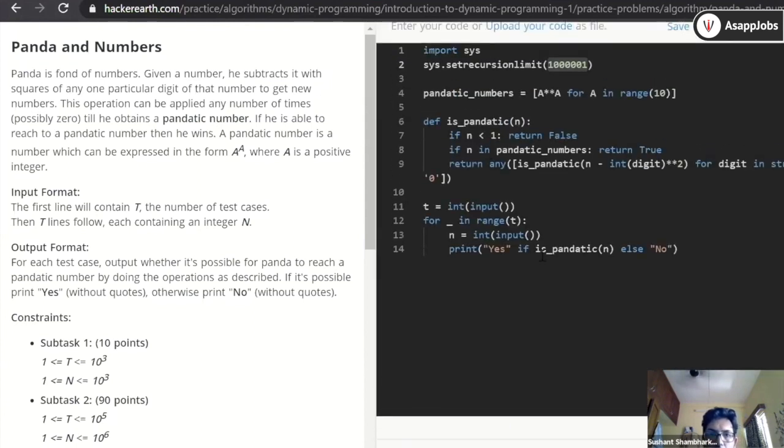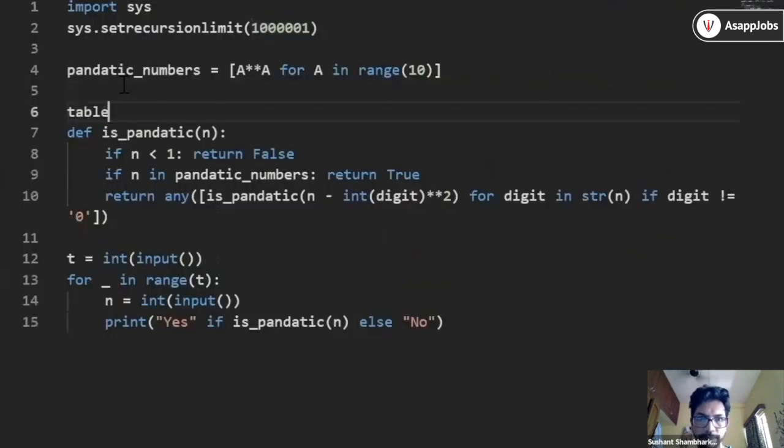Let's add a caching mechanism here. So as before, just create a table. One thing about Python is that your list doesn't have to be homogeneous. It can have different types of variables in that list. So what I usually do is create an integer list here, and whatever this value is, I'll copy it here. So that will be the size of our table. But we are going to store the Boolean values here.